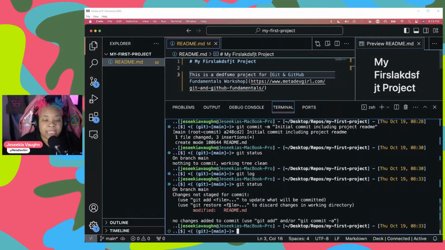See that I have 2 hints that nudge me in different directions. The first hint is letting us know about using git add in order to update what is going to be committed, right? So that's staging. That's what we did previously, but the next one is actually showing us how to undo